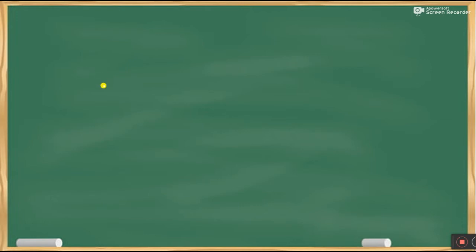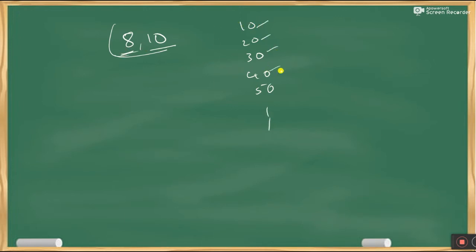Okay, so let me take 8, 10. So we have two numbers. I want to get the LCM. So write down the biggest number and write down its multiples. So that is 10, 20, 30, 40, 50, and so on. Now if you observe closely, 8 completely divides only 40 from these numbers. So the LCM of 8, 10 is 40. So hope I'm clear with my point for this method.